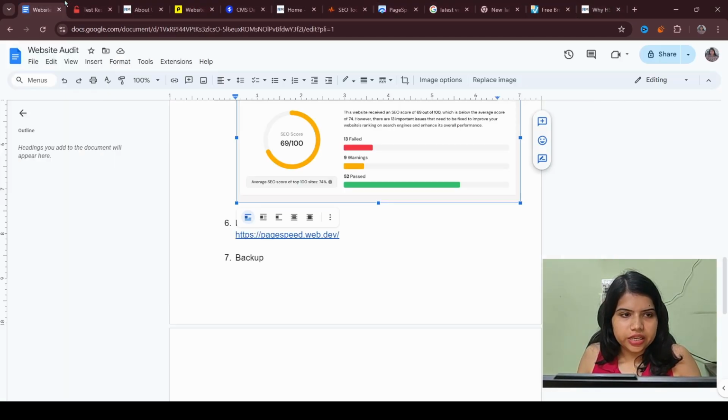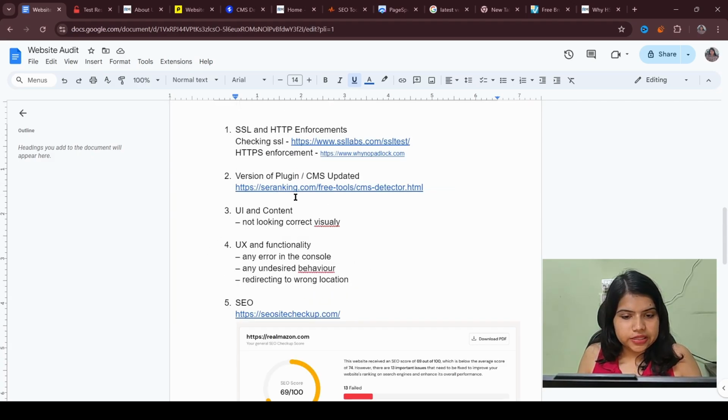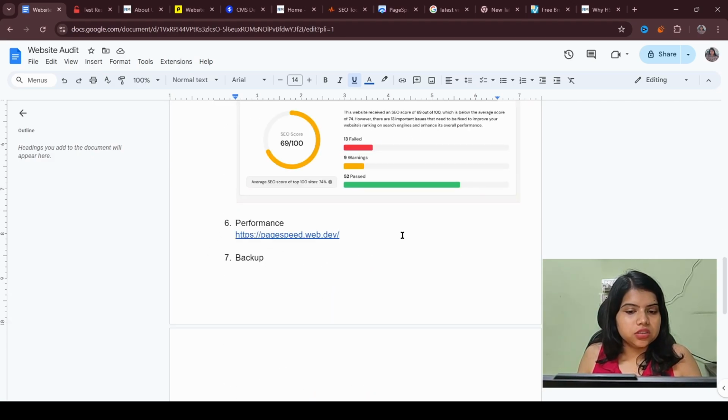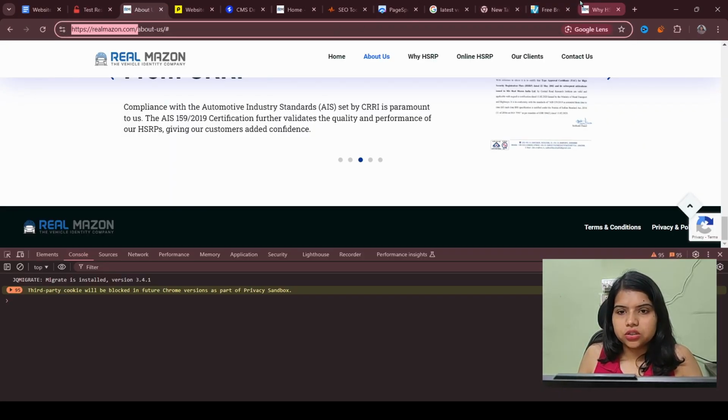Okay, next let's see the next metric. It is kind of similar to SEO. It also has some impact on SEO, but it's something quite separate. That is the performance. Performance is one thing that will carry a lot of weight in your report. So you can move it to the third point if you see it has some major issues, it is very slow or it is not loading correctly, because it can carry a lot of weight in the report.